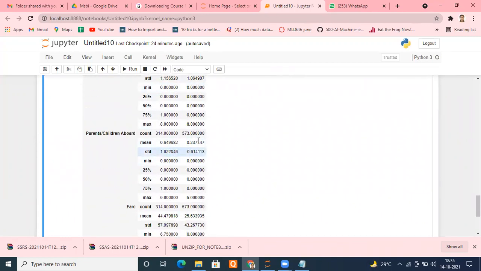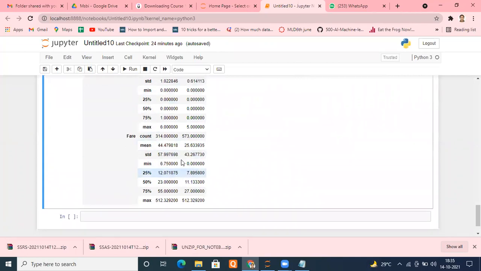And you can check every parameter's detailed statistics. For example, let's say fare. You can see 314 entries were there, 573 entries were there. Mean fare for females was 44. Mean fare for males was 25. Standard deviation was 57, and 43.